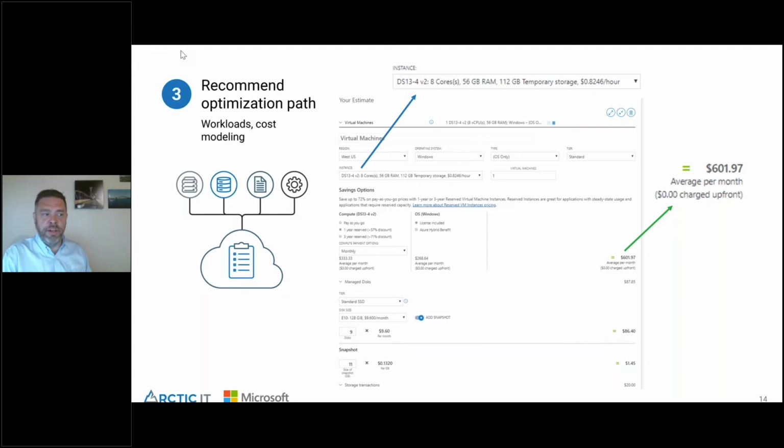A lot of times when we go in and do this, we can really optimize things. On your on-premise environment, typically because people have redundancy and they're building for the future, they may have a lot of excess, and so you can really look at ways that you can consolidate. And the cloud, remember, is not just taking what you have today and moving it up there, but it's new ways to do things. So maybe you have a SQL server on premise and you want to move to the managed SQL environment in Azure. That's something you can do to really optimize what you're doing today on premise, and have Microsoft take care of a lot of that for you.